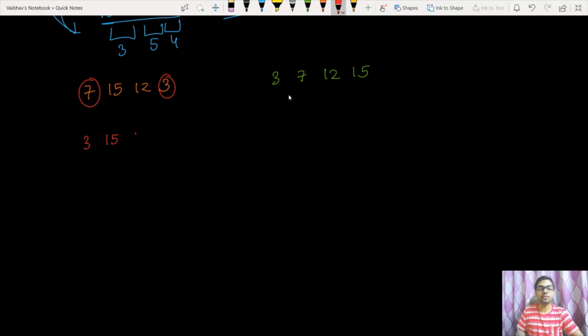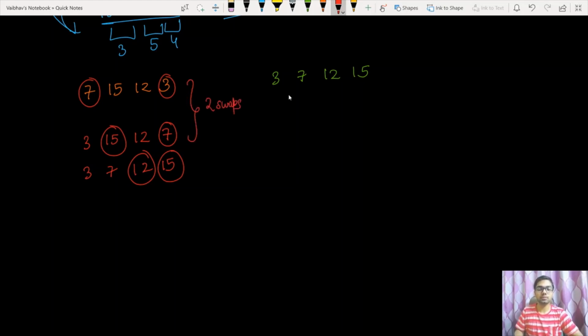We get 3, 15, 12 and 7. Now the second smallest element is taken, so 15 is swapped with 7: 3, 7, 12 and 15. Now this element is placed at the correct position, and this element is also present at the correct position, so we don't need to swap further. So it required 2 swaps to change it into ascending order.